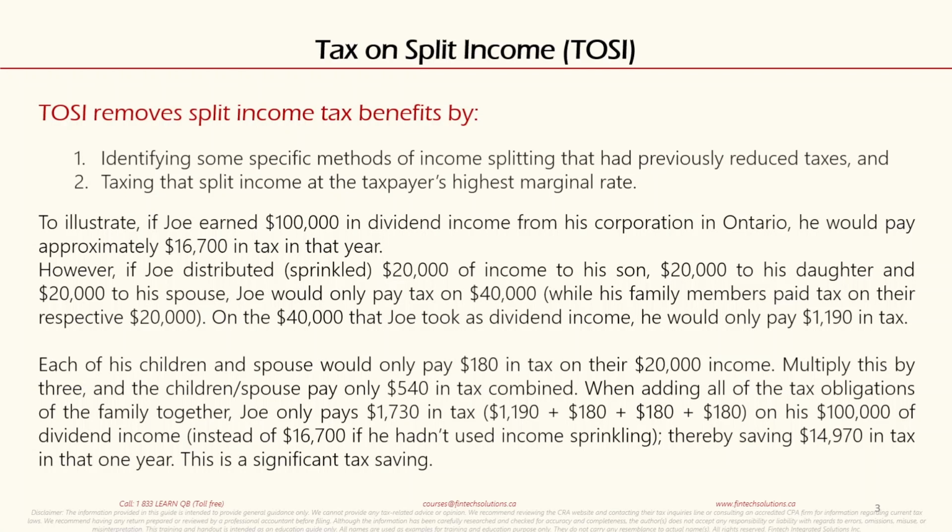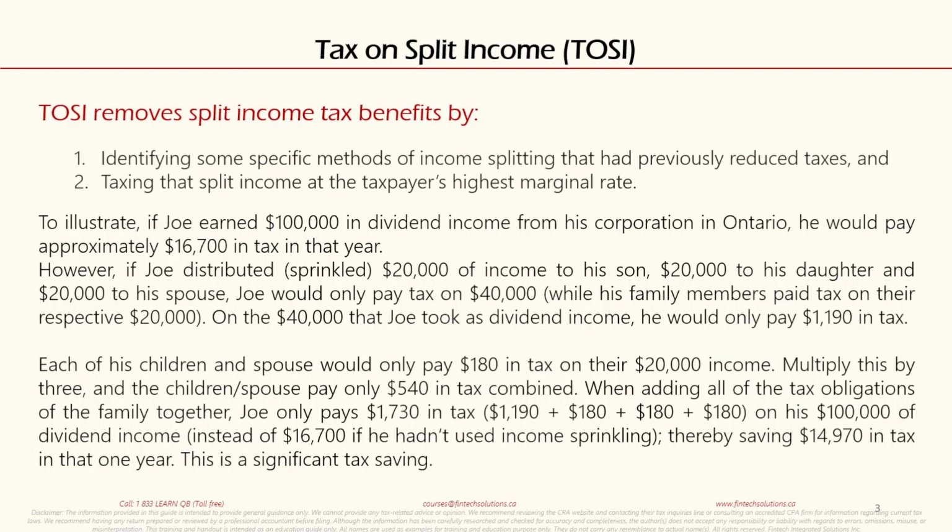So 180 times 3, they're going to walk out with a tax payment of $540. When adding all of the tax obligations of the family together, Joe only pays $1,730 approximately, so it's 1,190 for himself for the 40,000 and $180 for each of the $20,000, so that comes to that amount on his 100,000 of dividend income,